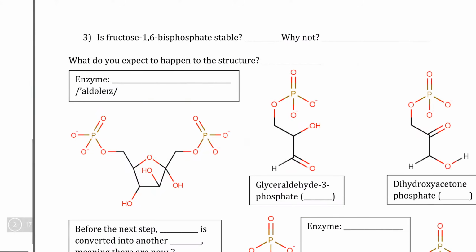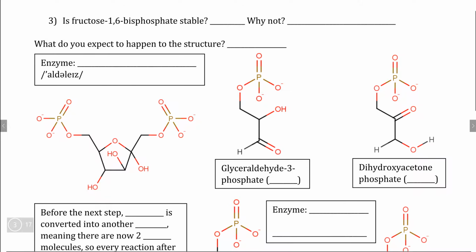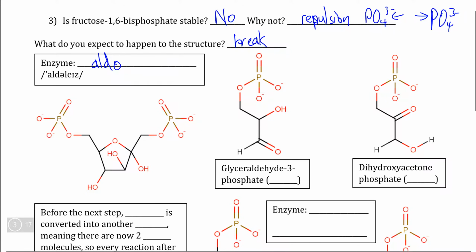bisphosphate, because of course we have two phosphate molecules on this structure now. And now that we have done this, this structure is definitely not stable because of the very strong repulsion forces that exist between one phosphate ion on carbon 6 and the other phosphate ion on carbon 1. So naturally, we would expect this structure here to break, and with the help of our next enzyme in this process, an enzyme that we call aldolase, and we'll talk about what the significance of this is,